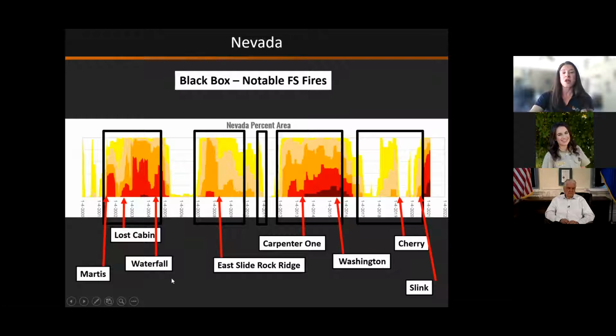Here are some of the fires across the state that have been larger in some of these significant drought years. You can see down in southern Nevada, Carpenter 1, which was in 2013. You have Waterfall in western Nevada in 2004, and then a slew of other fires across the state throughout the years. So again, this year, even though we are not expecting maybe an above normal acreage burned for our lower